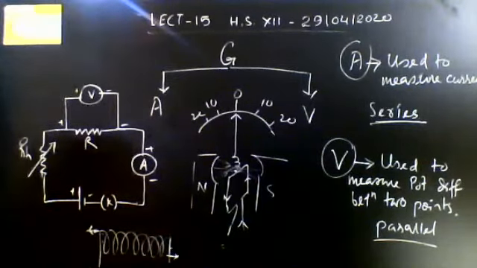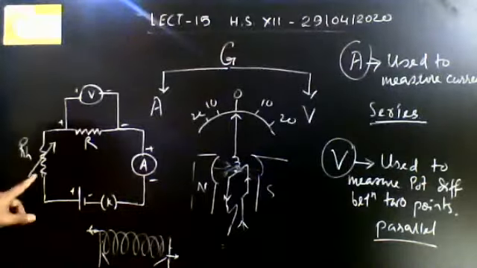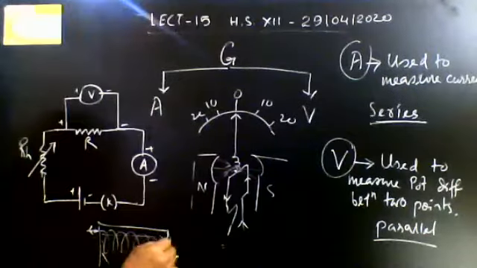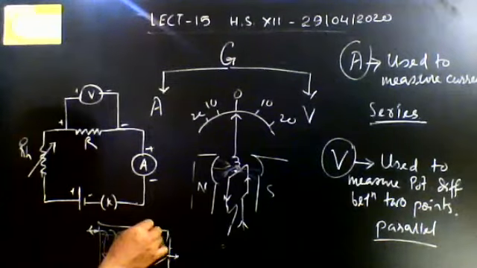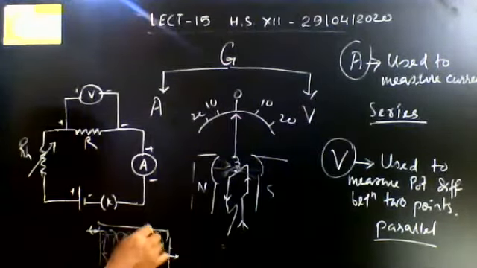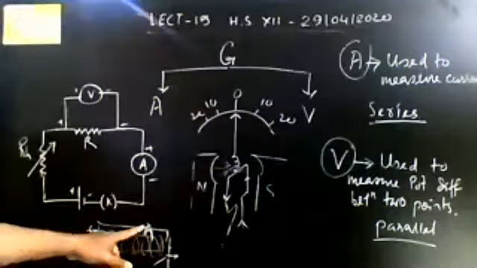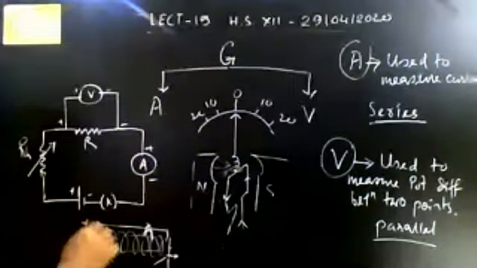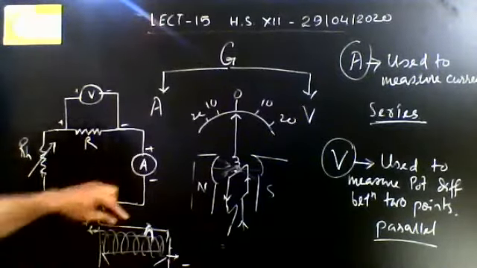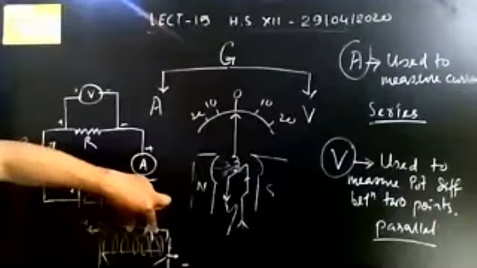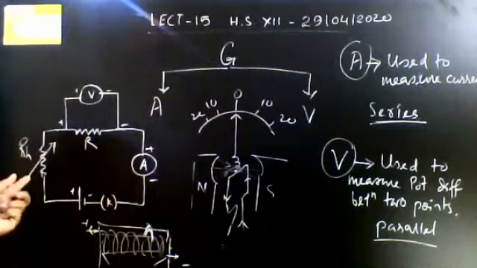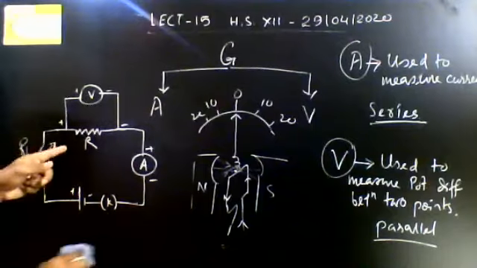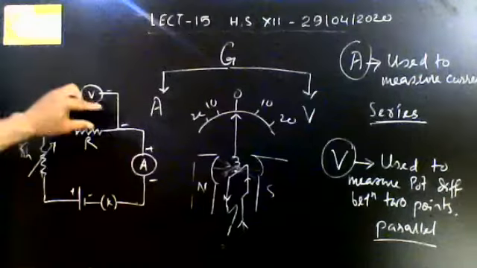Okay. Practically, the rheostat seems to be like this. It is a solenoid and one sliding key is there, which can be slid over the rheostat to change the resistance. Okay. So one point is connected here, another point is connected here. So by sliding this key, you can change the number of turns so that you can change the resistance in the circuit. So this is a simple circuit, how to connect voltmeter as well as ammeter.